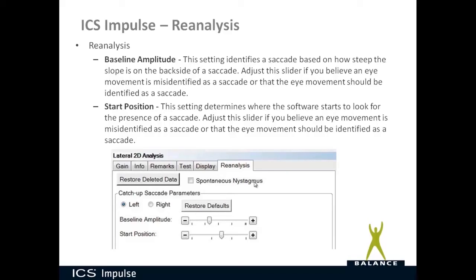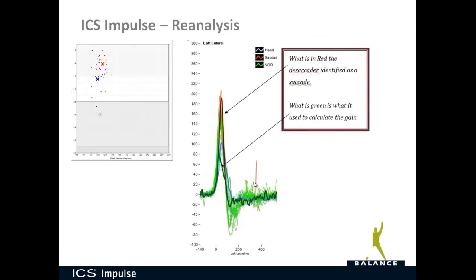Now, no algorithm out there is perfect, and sometimes your naked eye is a little bit better than the algorithm. And that's why we implemented this, so that if you believe that the algorithm did not perform properly, then you can reanalyze. So I'll show you an example of when this typically occurs and why we implemented this. First, just to point out how the software works and the reanalysis and the baseline versus the amplitude. So here's an example